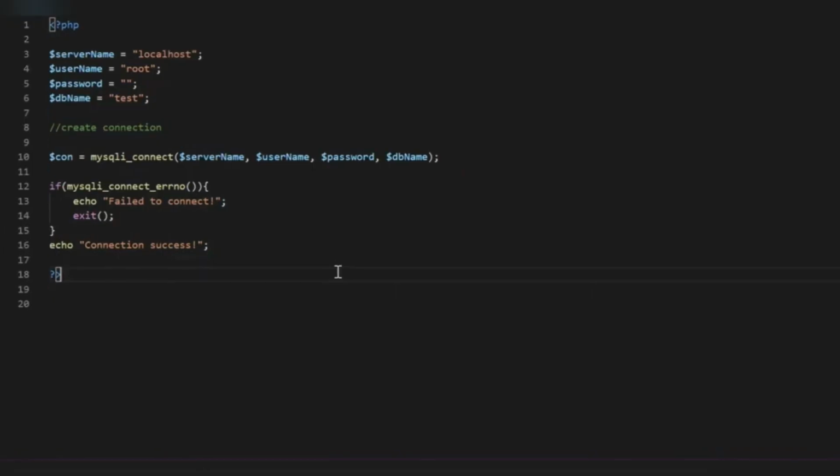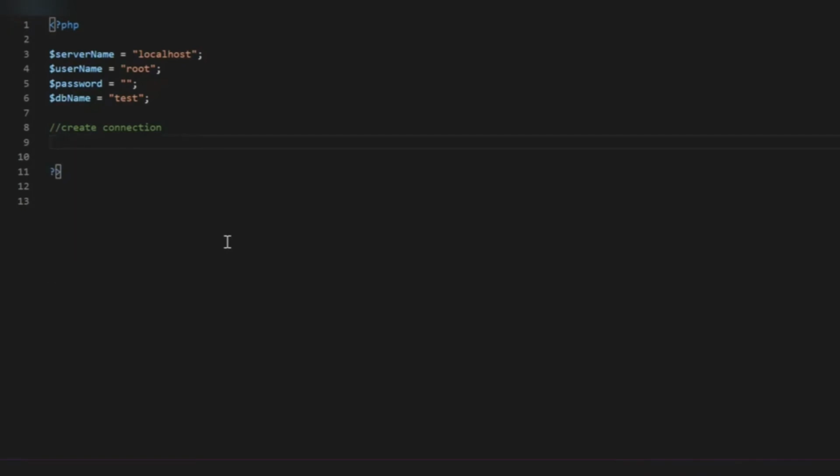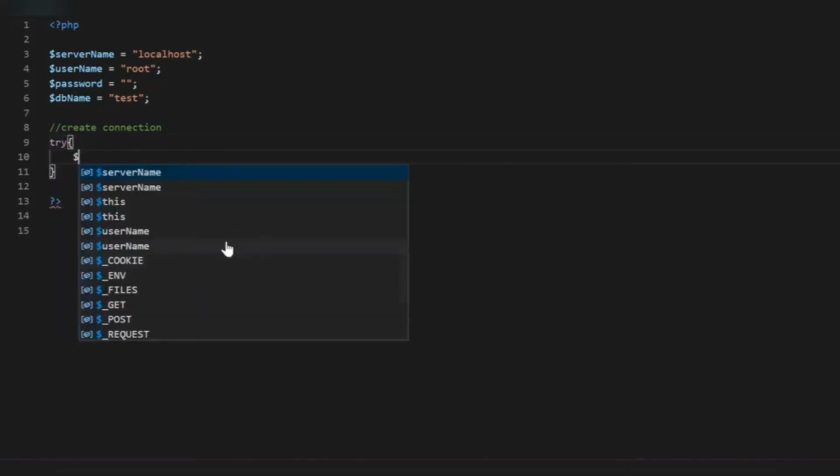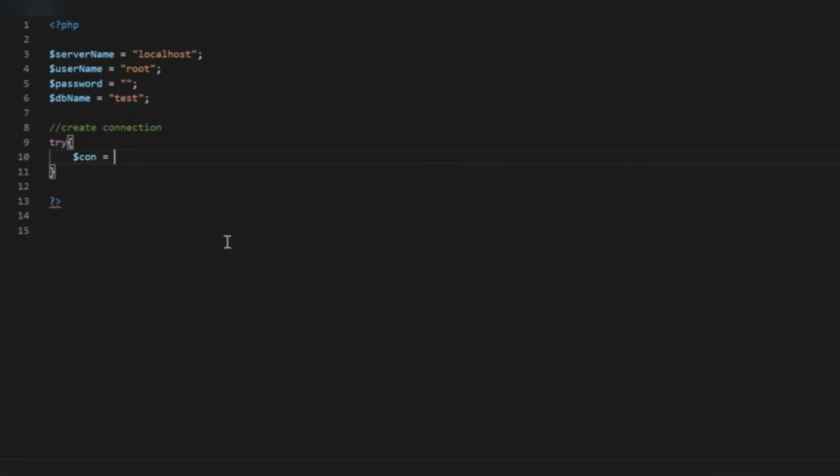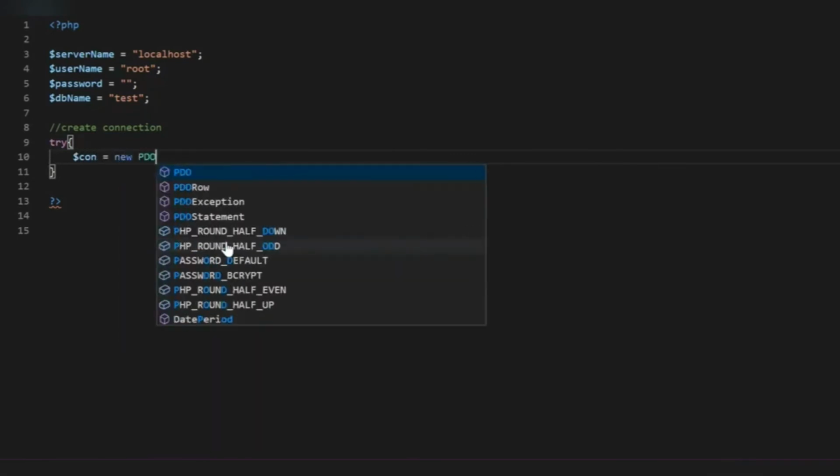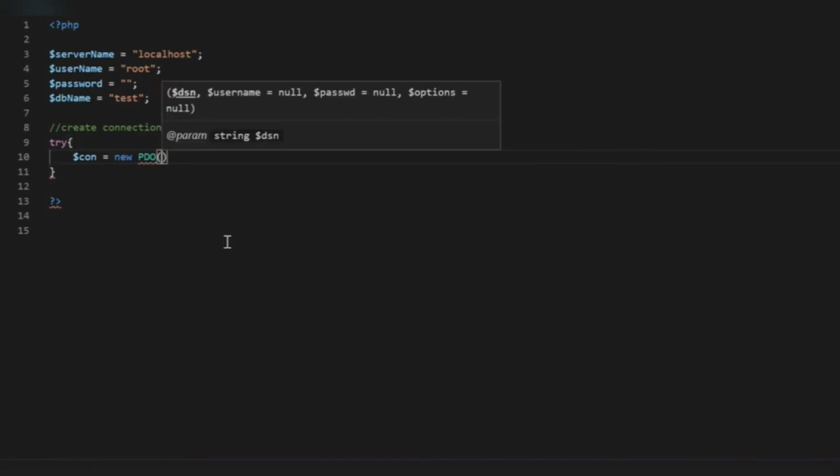Now we will see the second method to connect using PHP. For this, we will remove this code. We will create a try block here. We will declare a variable $con. We will be using an object oriented method. We will use PDO, which is the functionality provided by PHP itself.